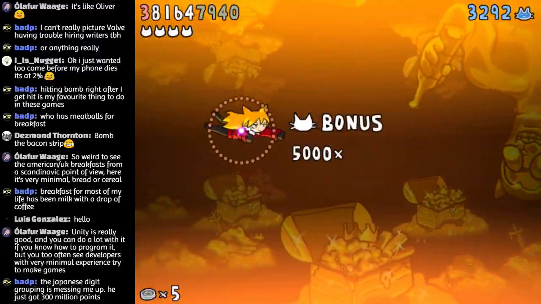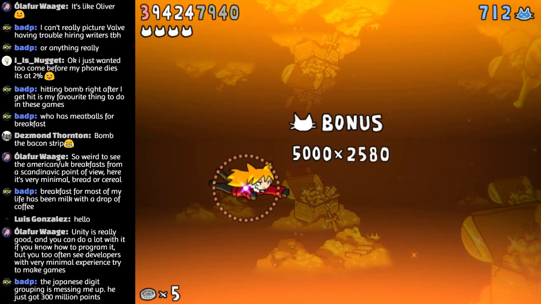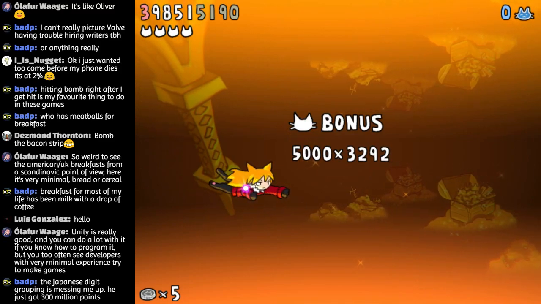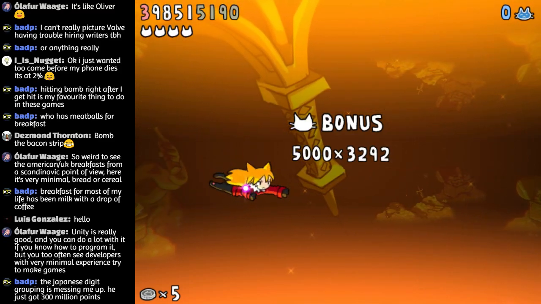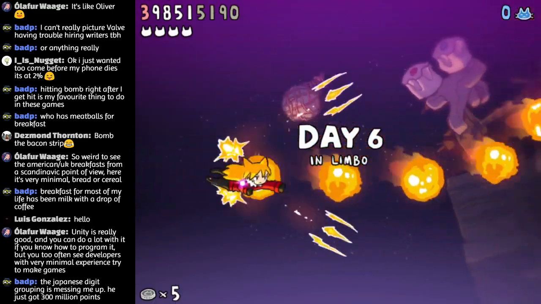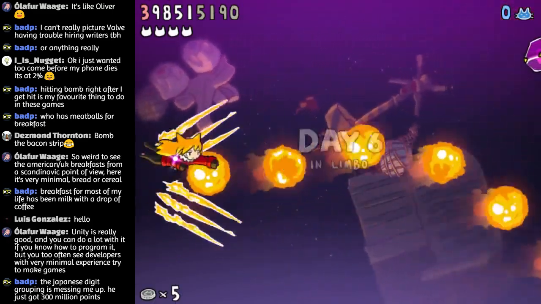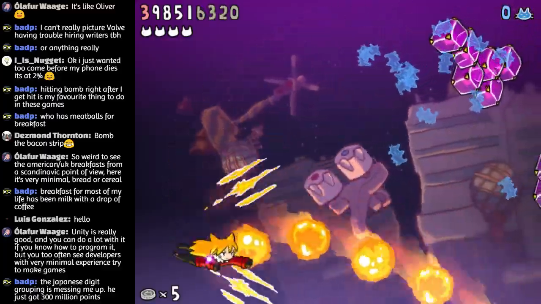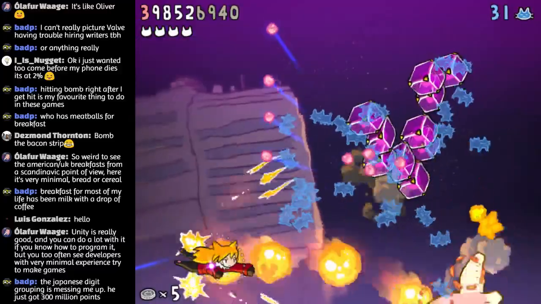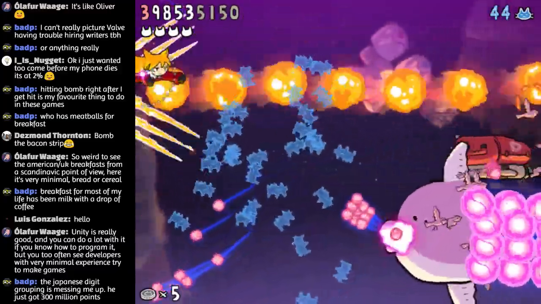Japanese digit grouping is messing me up. The thing is, I actually love how this game groups numbers because you just have to look at the red numbers. All of the rest of the numbers are garbage. So the gray numbers are the thousands and below, and that's just nothing. The white numbers are the thousands and millions. And that's not very important unless you're like comparing scores down to the wire. Everything else, the